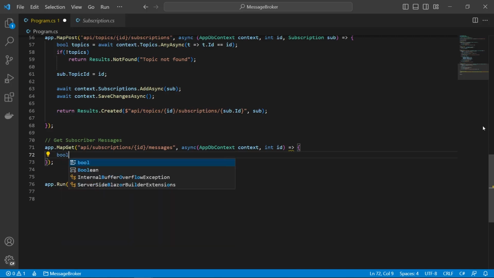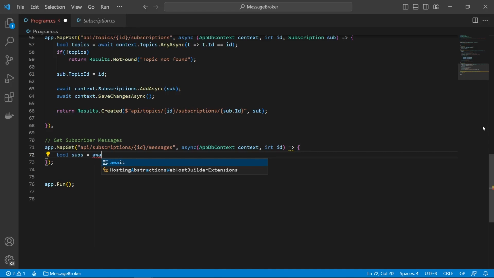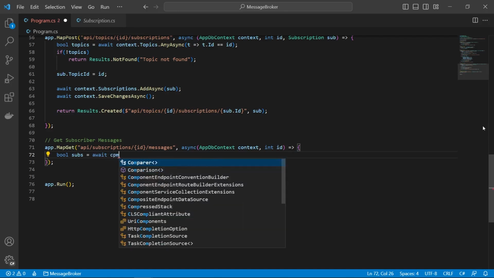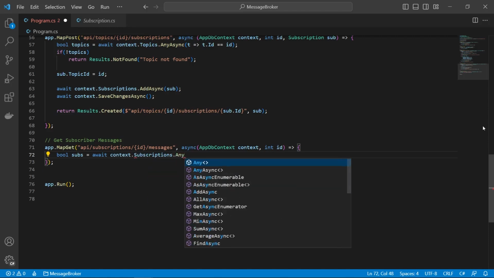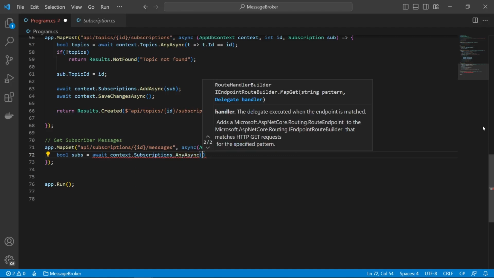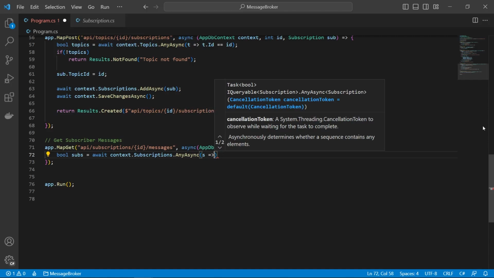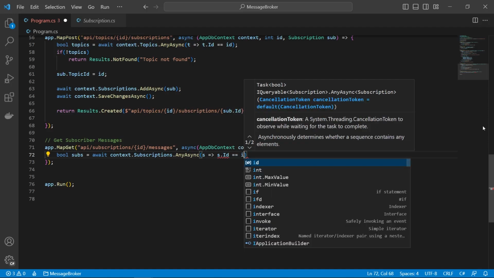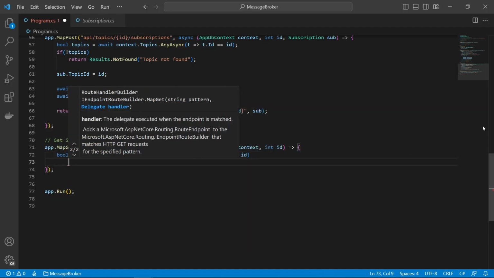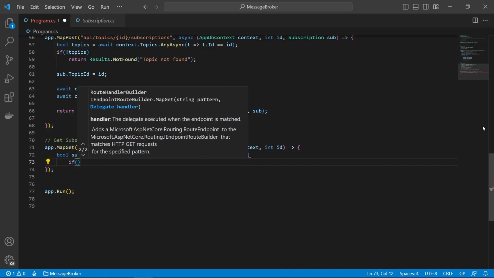Let's get on with the body of our endpoint. The first thing I want to do, and you've seen this already, is check that the subscription ID that has been passed through is actually a valid subscription. If someone's giving us some random number that doesn't relate to anything, then we don't want to do anything with that. So we'll await on our context, this time on subscriptions, use AnyAsync again, and pass in a little expression that says s goes to s where s.Id is equivalent to the ID that's passed in. And this will return true if there are any subscriptions with that ID. But if not,